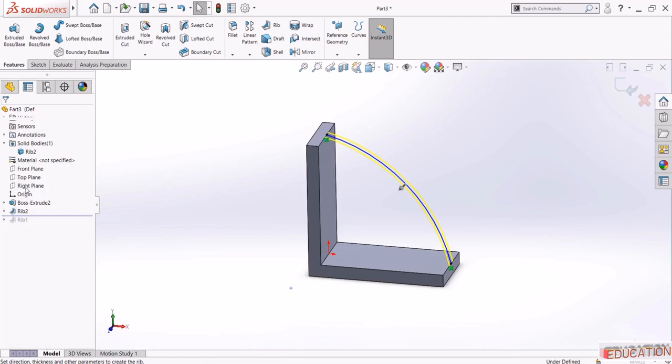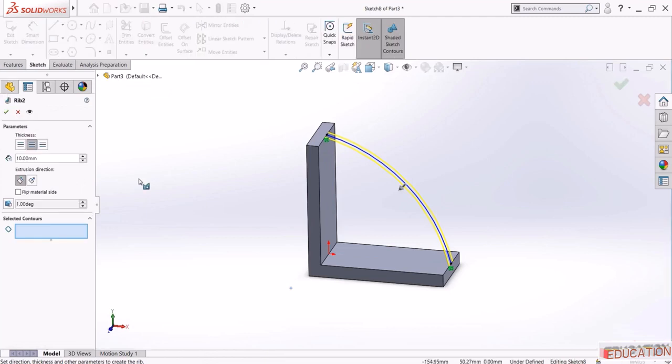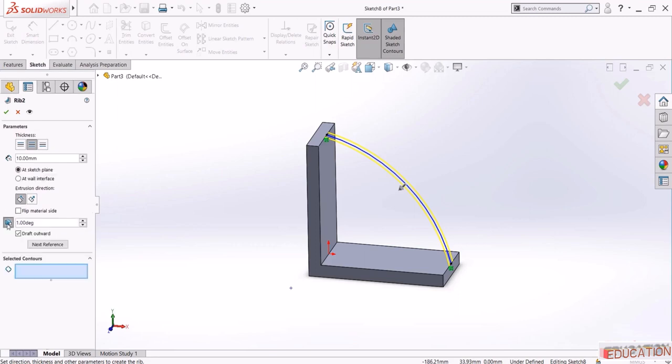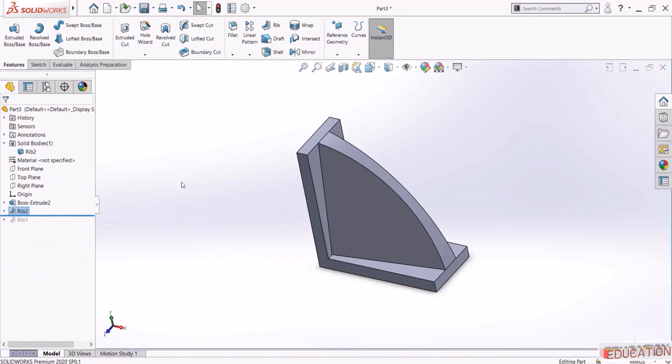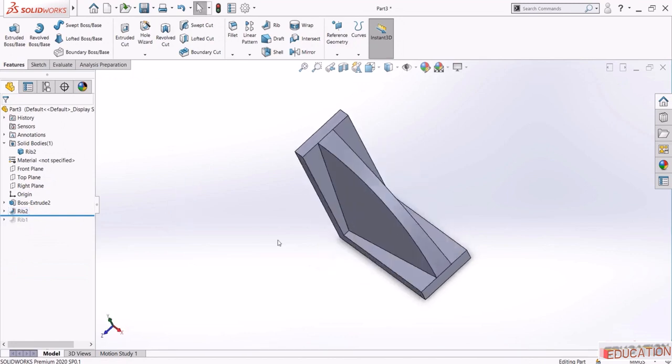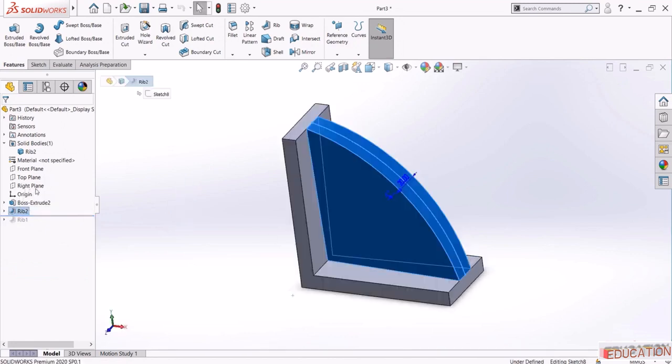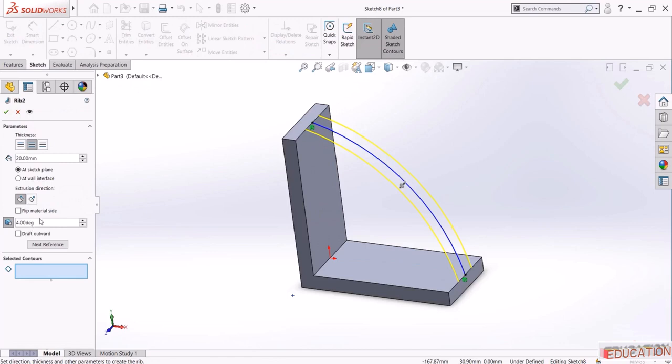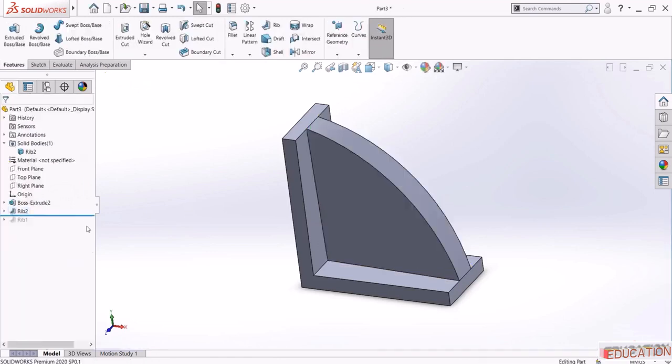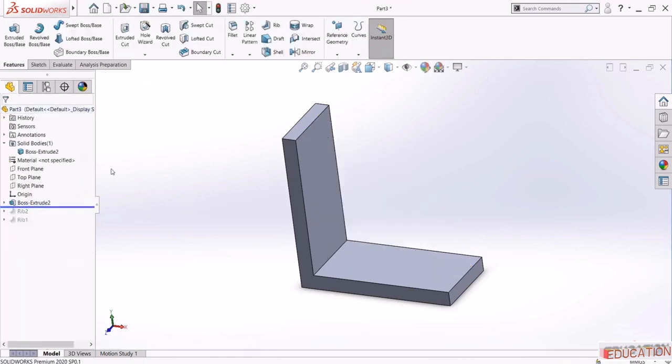So the shape is not limited to straight lines. Now, if you remember, we talked about a draft inside Extruded Boss feature, and here you can add some draft too. So we have this option, draft outward, and then you can increase the angle. And now let's see the result. And obviously we have this draft. More than that, you can have multi-segmented draft, which means if I drag this here, and let's start another sketch on the front,